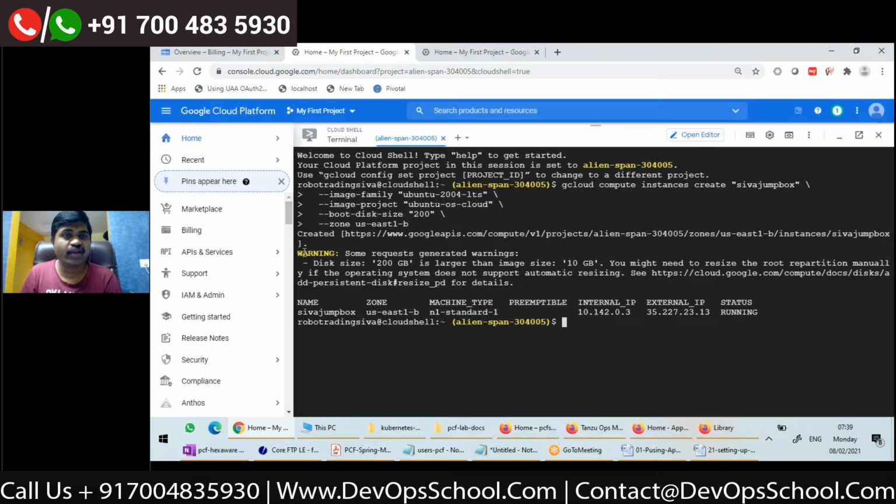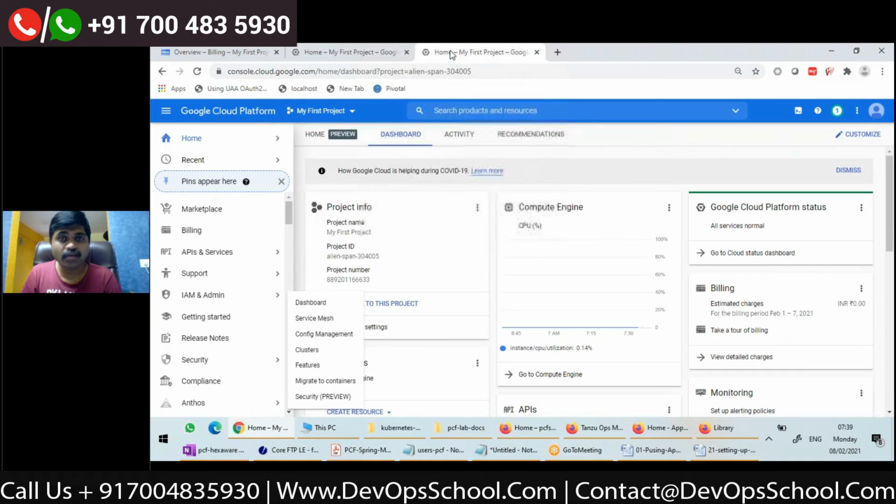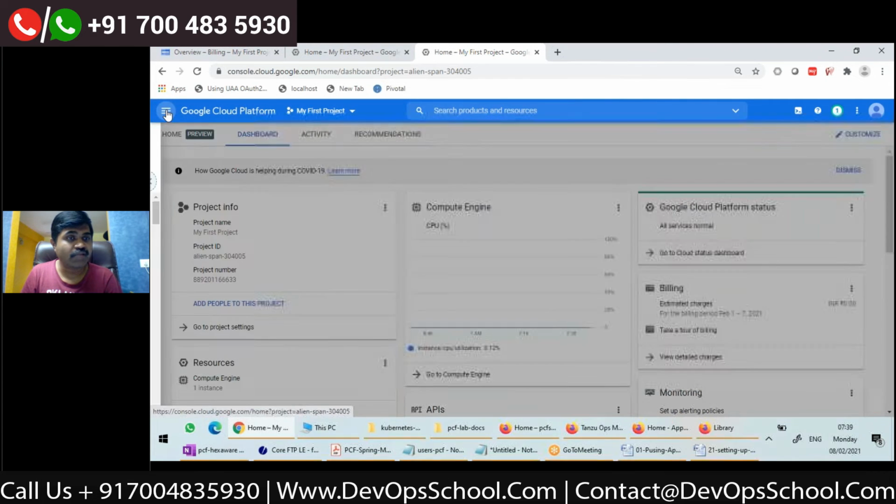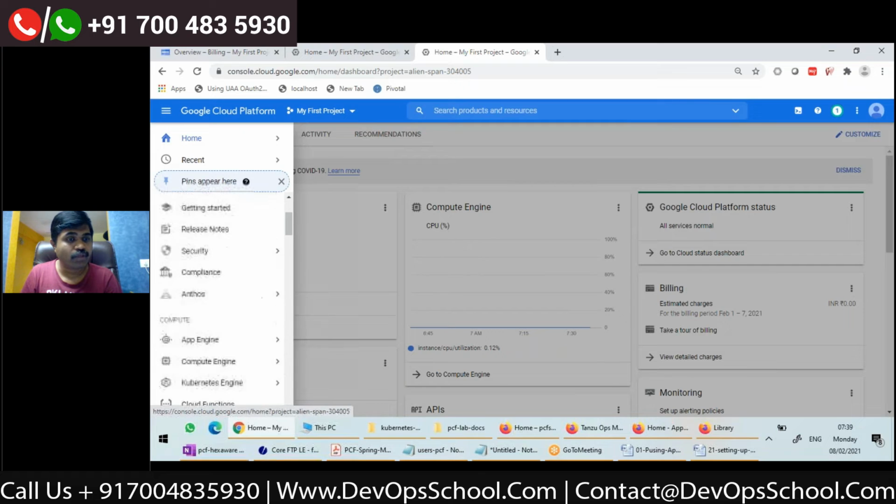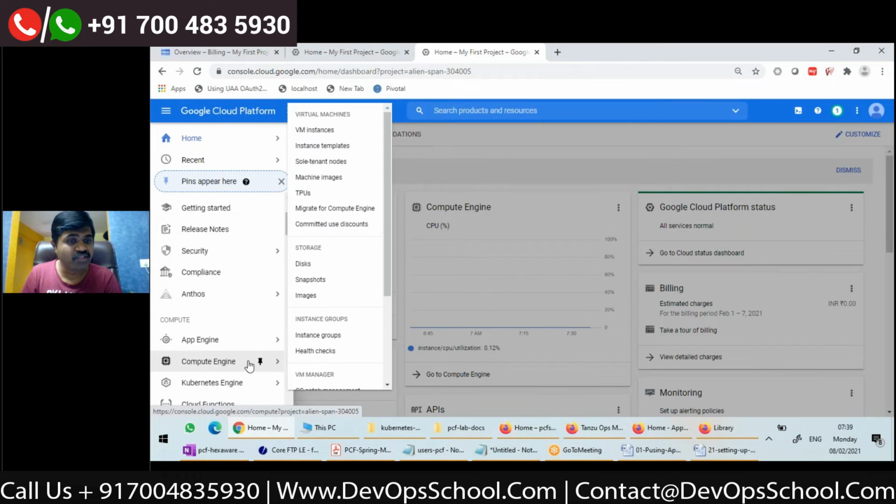See, it created a VM with the name Siva Jump Box. Let us see. I'll go to the next tab, to this left menu. And if I go to Compute Engine here, I'll be able to see VM instances.